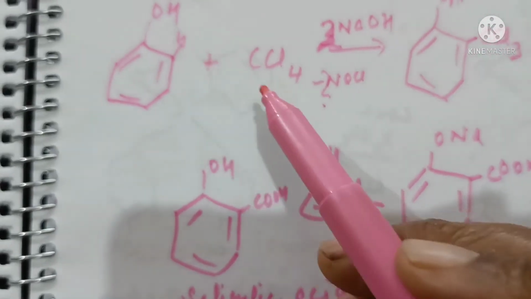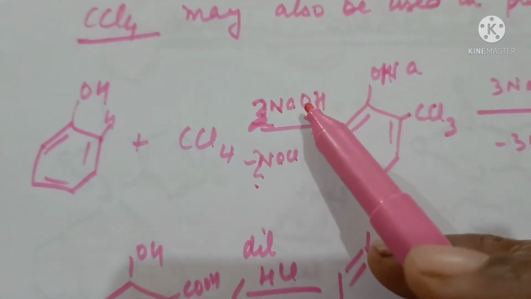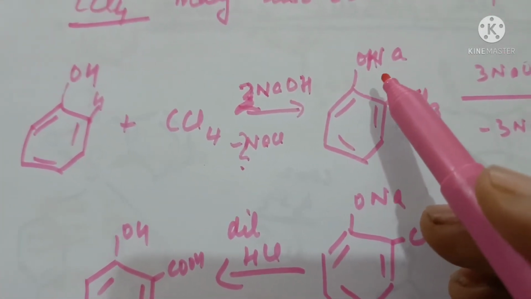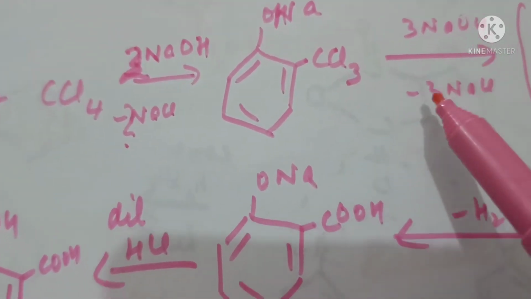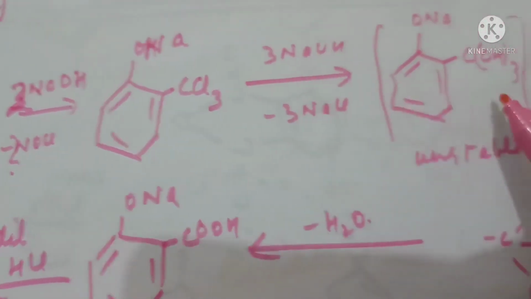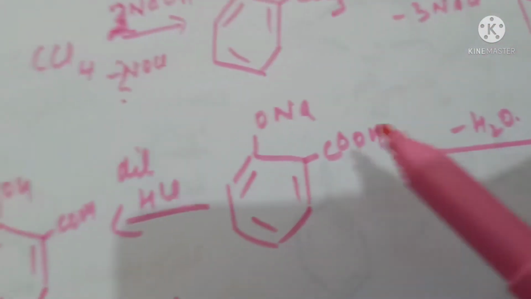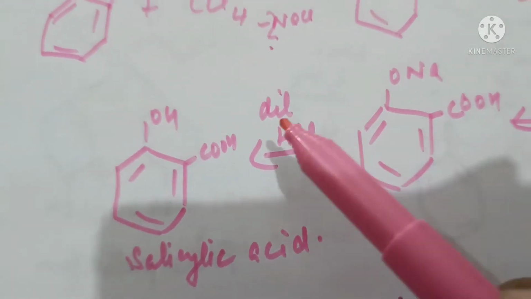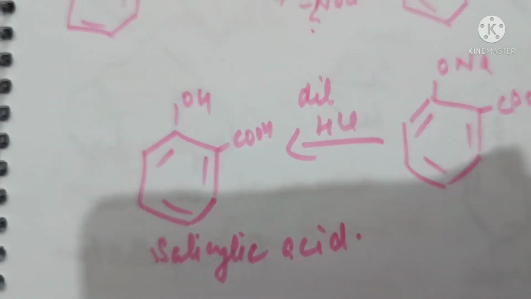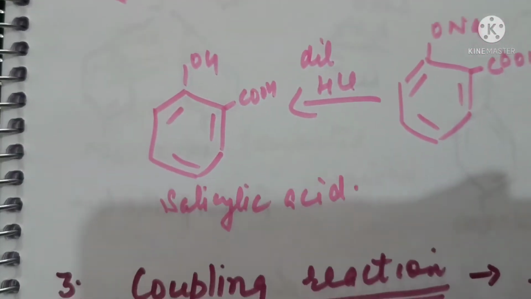In this case the H will combine with one of the Cl to get a CCl3 group attached over here. At the same time OH changes to ONa part. Then when we react this with 3 NaOH molecules, 3 Cl get removed as 3 NaCl and 3 OH come in its place. Now again this position is unstable and from the 3 OH, 1 water is eliminated and the remaining COOH group is attached at ortho position. This is sodium salicylate. On acidification with dilute HCl, we get salicylic acid. This is the Reimer-Tiemann reaction with CCl4.